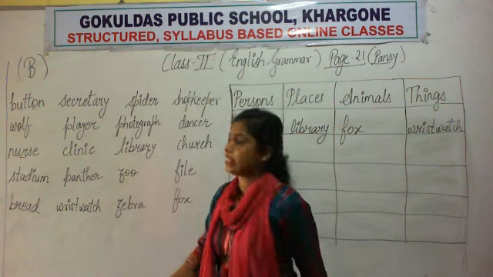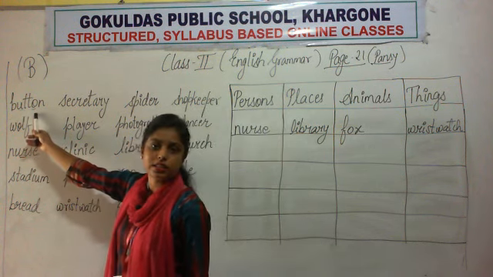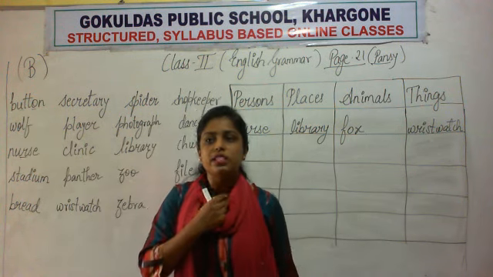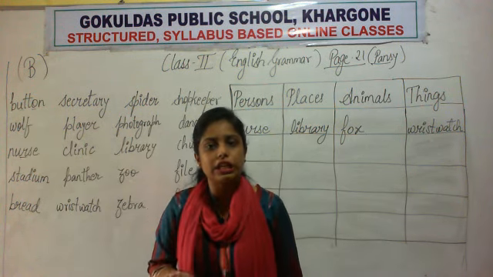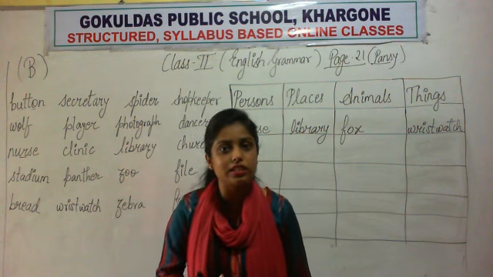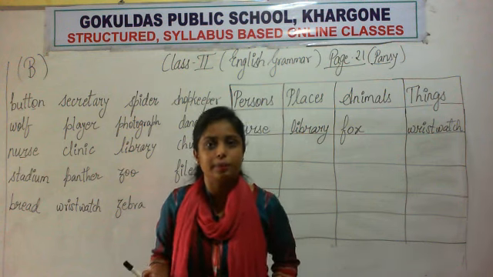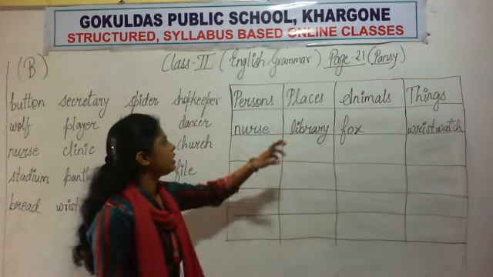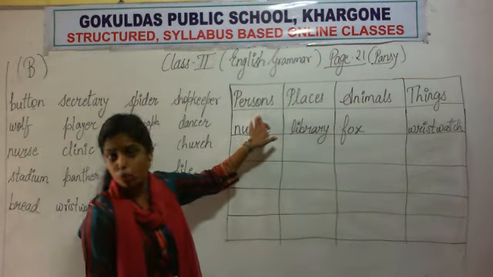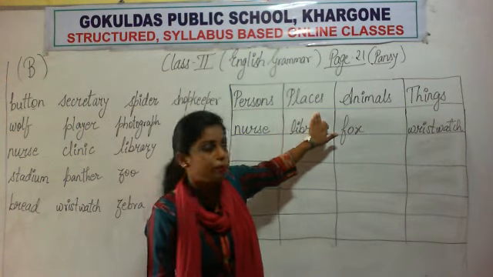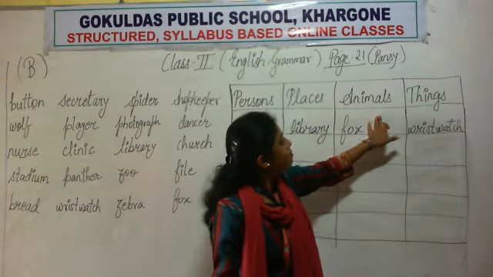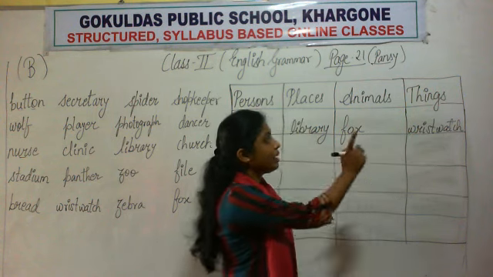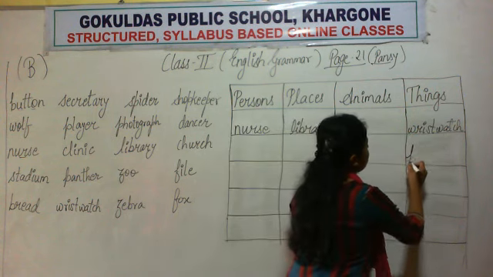So coming on to the exercise, first word that is given to us is button. Button क्या होता है? What is a button? The ones which are there in your shirt. आपके shirt में होती है ना buttons, जिससे आप अपने shirt को tuck करते हैं. So what is a button then? You tell me. Is button a person? क्या button एक person है? No. Button is not a place. Button is not an animal. No. Button is a thing. So I am writing button here. You also do it.